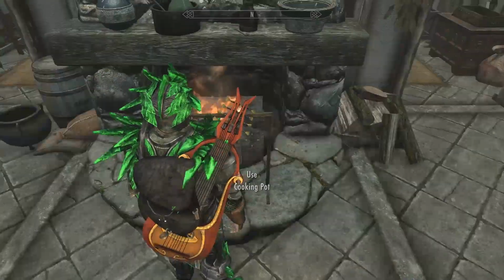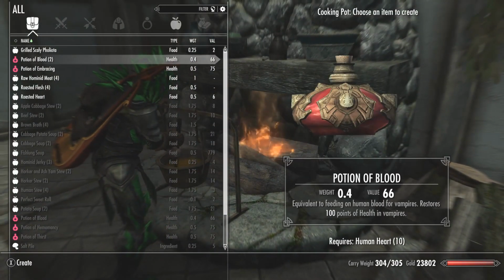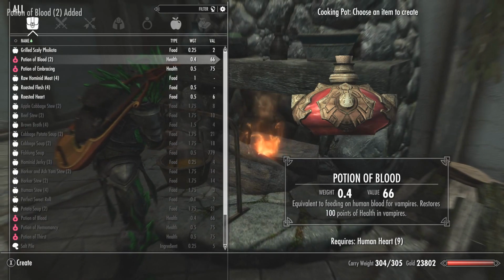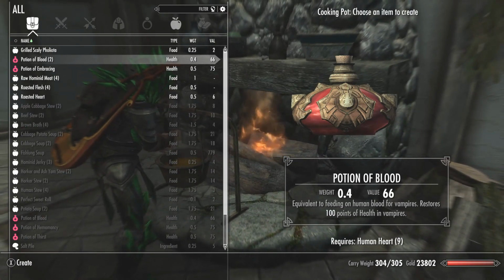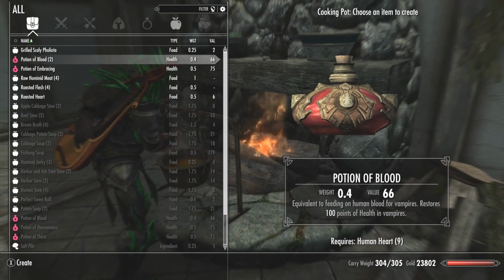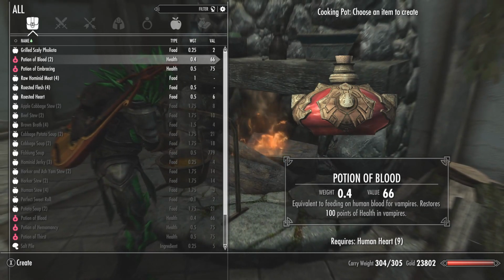All right, by the power of the console, we've got human body parts. So here's a couple of the things we can create. Potion of Blood, equivalent to feeding on human blood for vampires, restores 100 points of health, and courtesy of the Quartz Chef mod, actually gives you experience towards your Vampire Lord perks, which is amazing, because you can make it so your standard procedure as a vampire, just feeding every day with your potions, actually builds toward your perks,